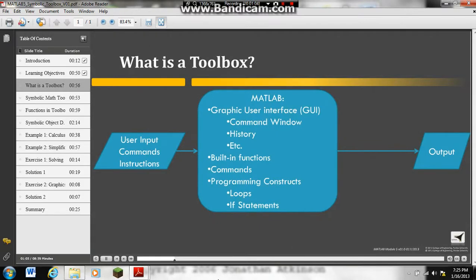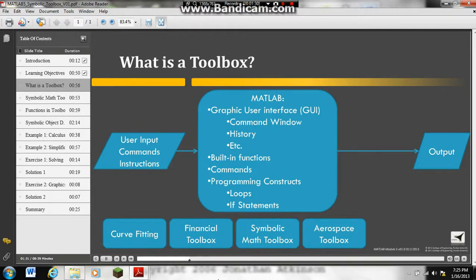What is a toolbox? In a very general sense, MATLAB is a collection of a graphical user interface in which we can perform specific numeric tasks by invoking certain built-in functions, commands or programming constructs. To do so, the user first specifies certain commands or instructions, then MATLAB performs the given task and later the results are outputted. In order to expand and improve MATLAB's functionality, several libraries of functions have been written to expand